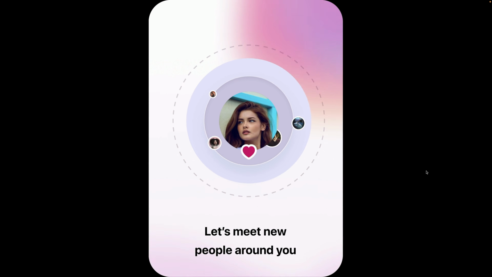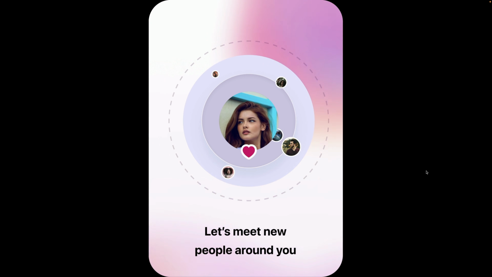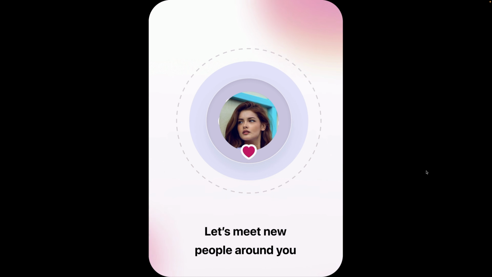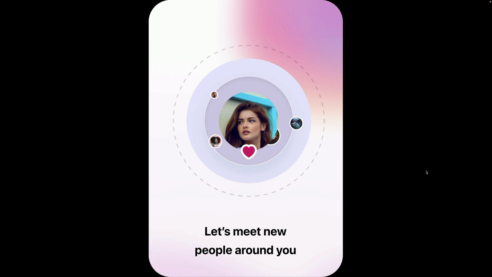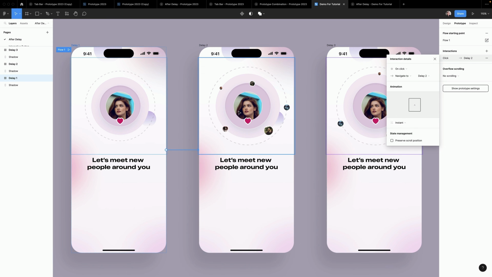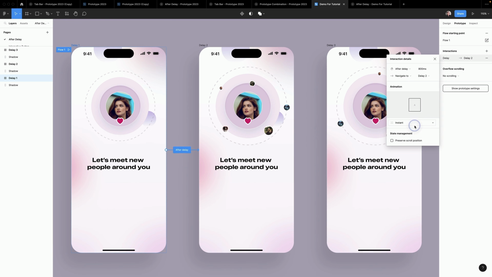There are many ways of prototyping in Figma, including the option to add quick animation to improve your app's intro by using after delay interaction. This will bring your app to life and make it more engaging for users. After delay is a technique used to add a delay between transitions in a design. This can help create more complex and engaging user experiences and bring a static design to the next level.